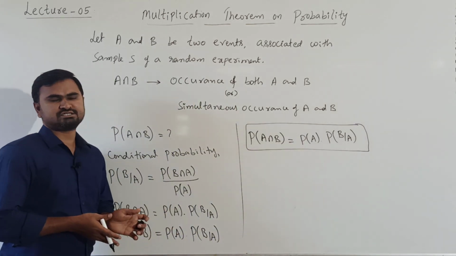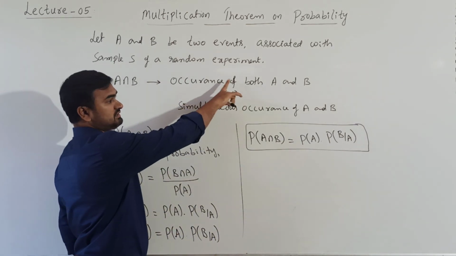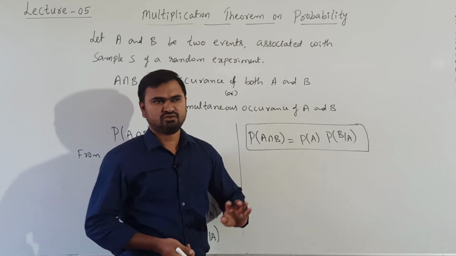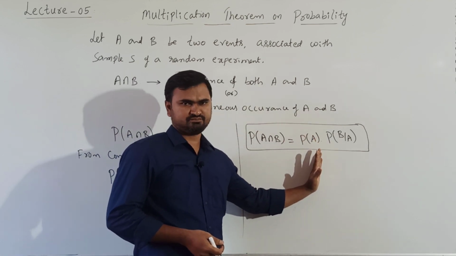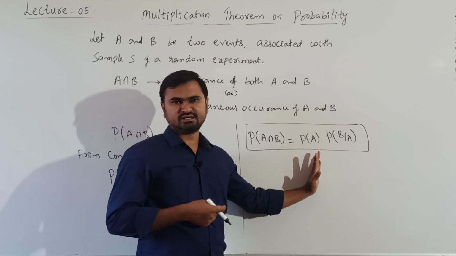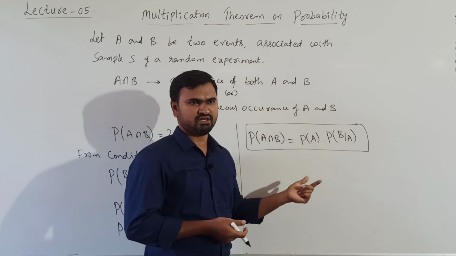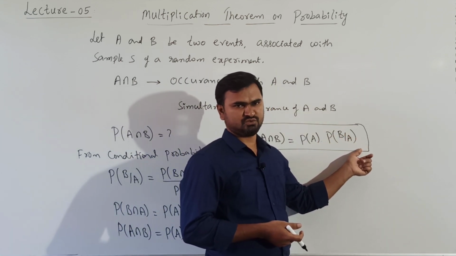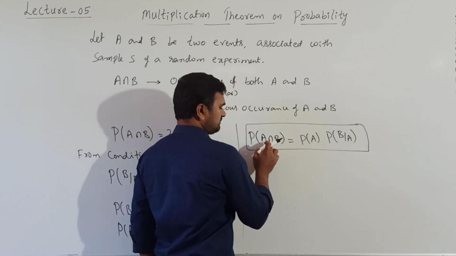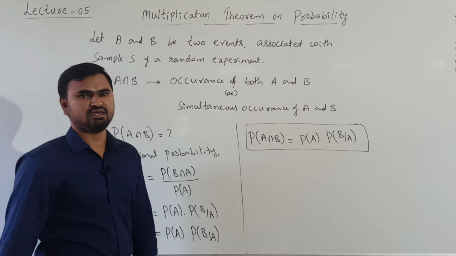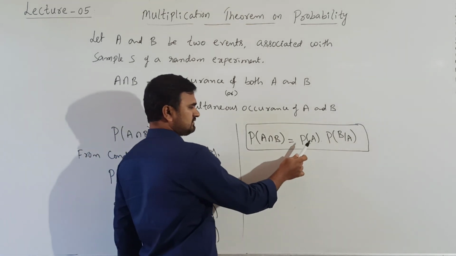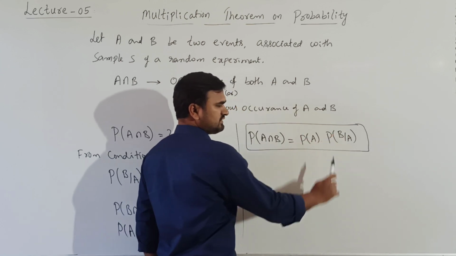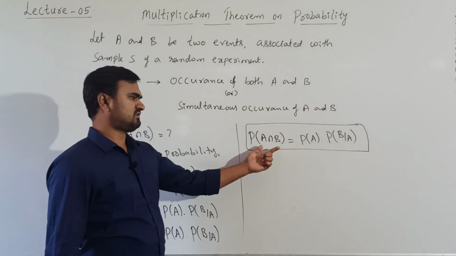So basically we are studying the probability of occurrence of two events A and B. How are we writing that? We write the probability of one event, first A. Now knowing that event A has already occurred, we find the probability of B. So this is how we can find the probability of occurrence of both the events A and B. We find the probability of one event into the probability of the other event, knowing that one event has already occurred. And this is one way of writing.